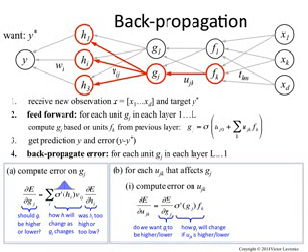So that allows you to compute the derivative on the strength of connection. And once you have that derivative, remember that it just tells you whether the strength should be higher or lower. So you update the weight in the same way that we did for logistic regression. You take the weight and you subtract a certain amount of the derivative that will minimize